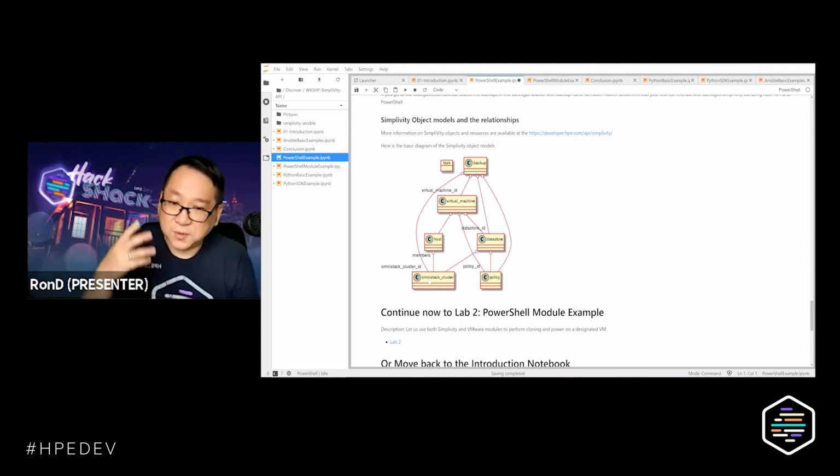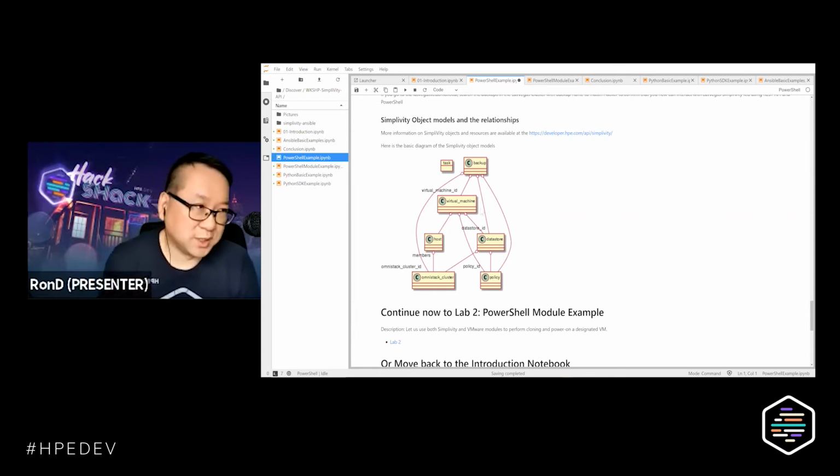So if you look at the SimpliVity REST API Swagger, you can obtain the information for each of these objects by going through the relationship between them. And there are operations here that require you to correlate multiple different objects to obtain the property that you would use.